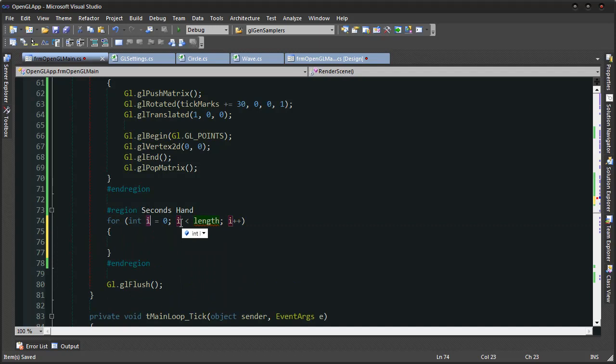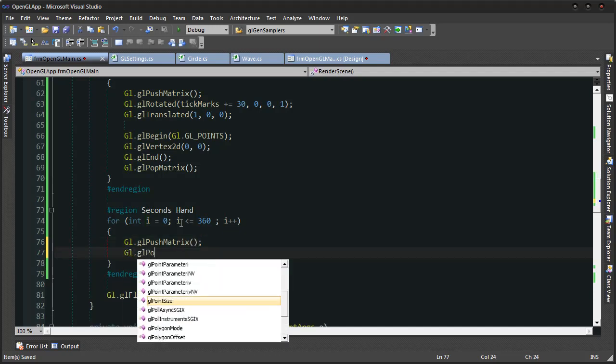So for int i equals 0 and i is less than or equals 360, so for 360 degrees, I'm going to call here a gl.glPushMatrix, gl.glPopMatrix,